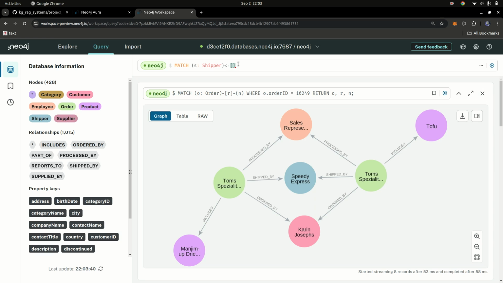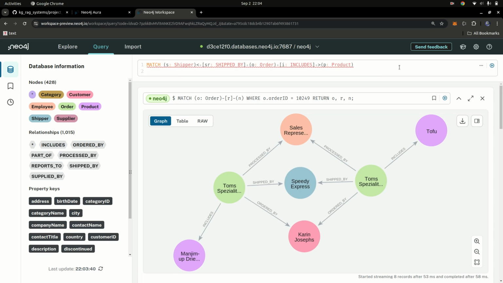So you're going to say a shipper relationship, and this is exactly what we did in the previous part. It's the same thing, right? So order, and then the order, and then you're going to specify includes, right? An order can include some number of products. So we're going to say P, and P is a product, just like that. Okay, so once I have it, I'm going to press shift and then enter to go on